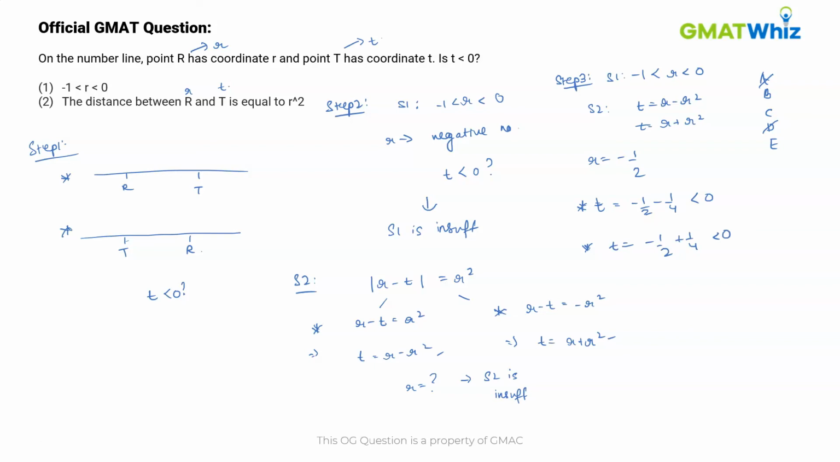So after combining the two statements, we can answer the question with a definite yes, that t is less than 0. Hence the correct answer is option